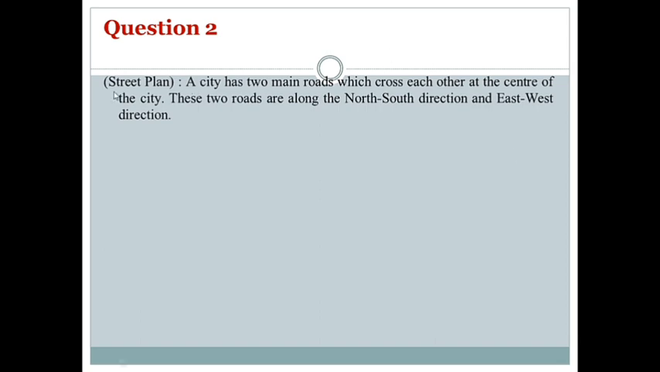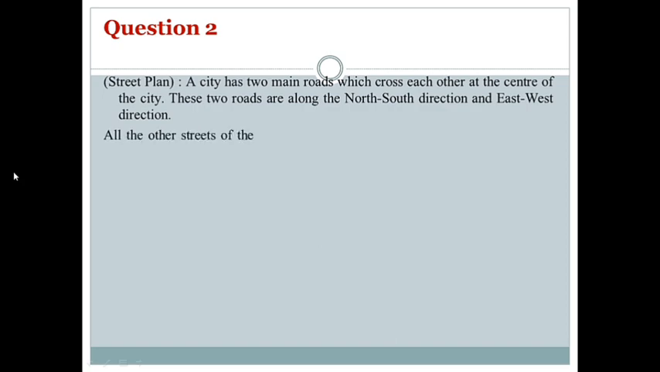So, it is given a street plan where a city has two main roads which cross each other at the center of the city. There are two main roads, and these two main roads cross each other at the center of the city. Then these two roads are along the north-south direction and east-west direction. The directions of the roads are given as north-south and east-west. Then next,